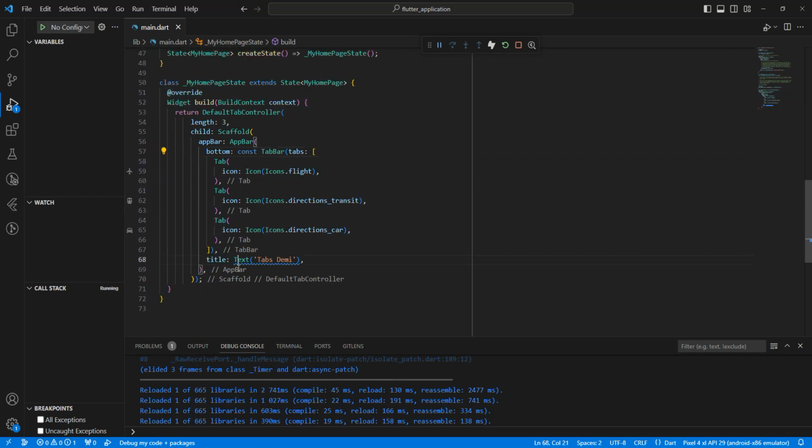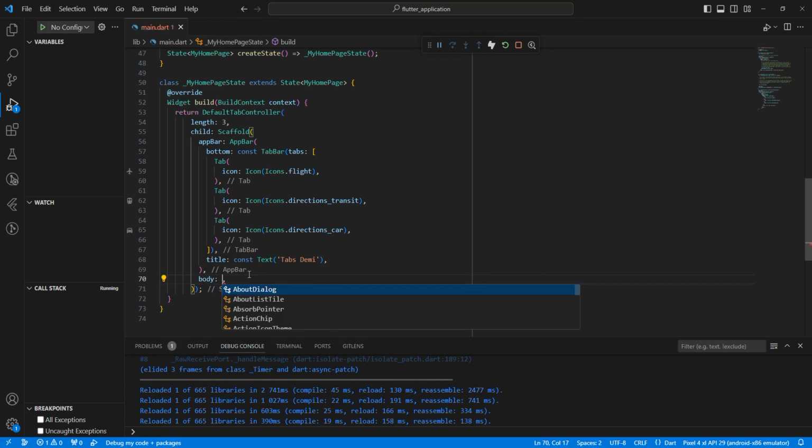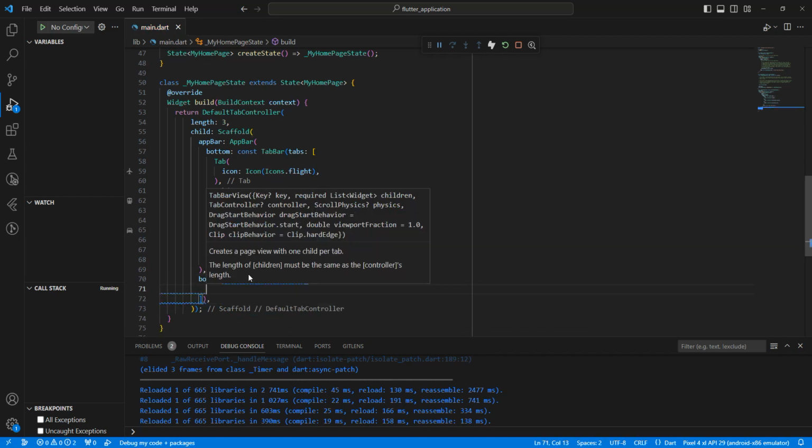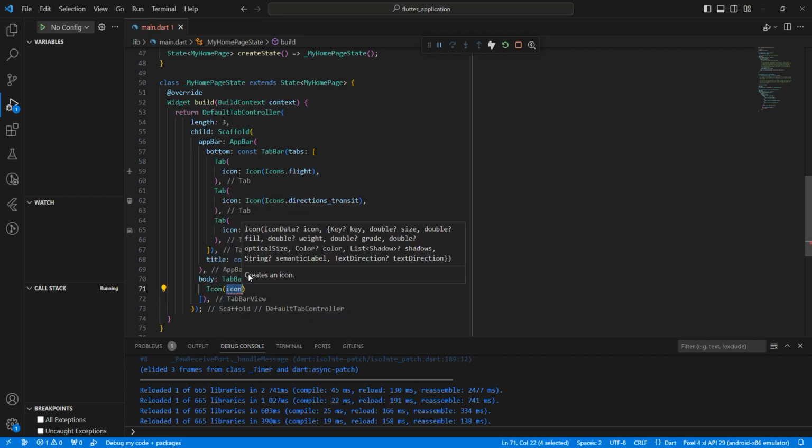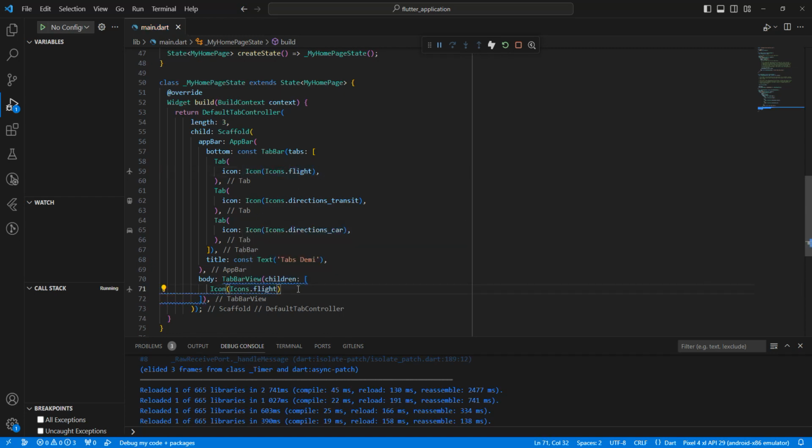and const, next body, write tab bar view, children, write icon, and we can copy information,